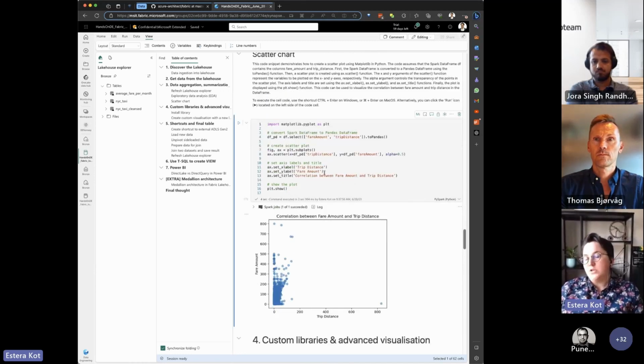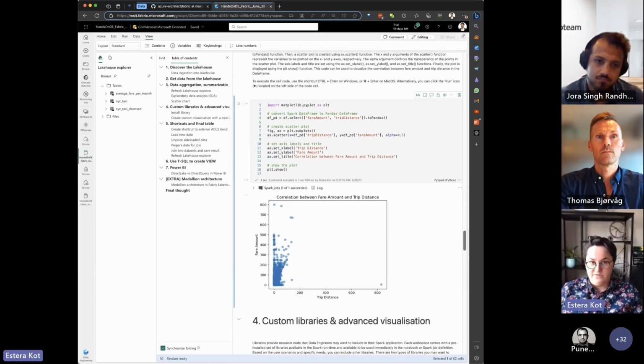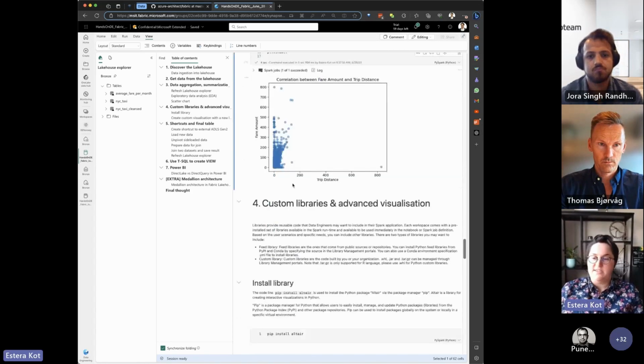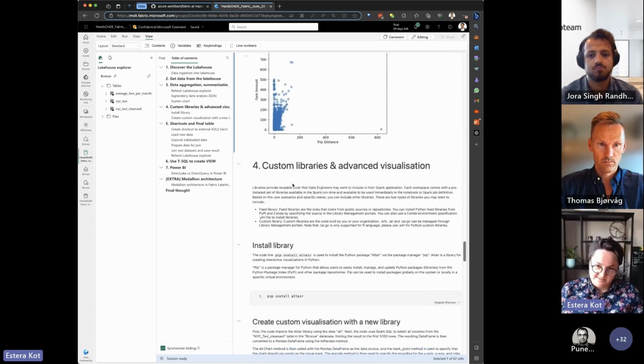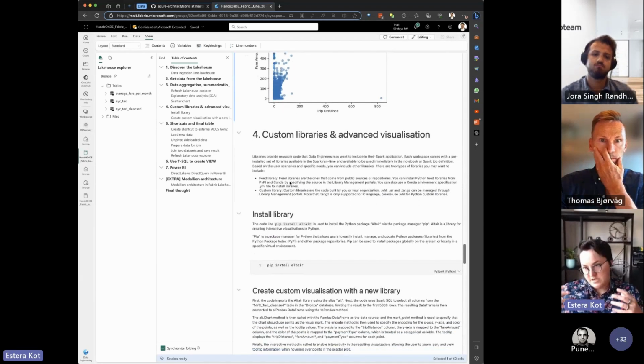And now going to the more advanced scenario, meaning we have some libraries that are part of the runtime. And here, sometimes we have more sophisticated needs, and we want to install our own libraries.